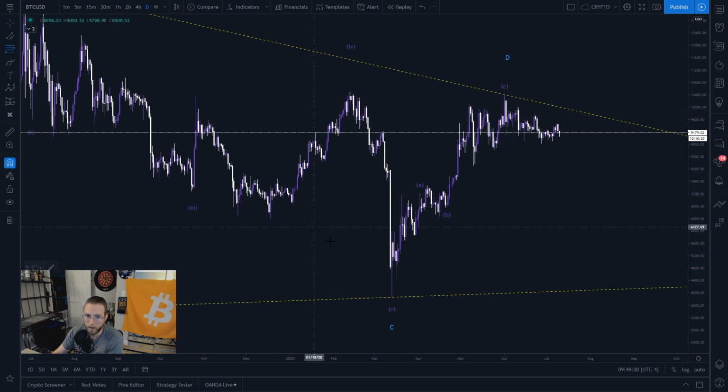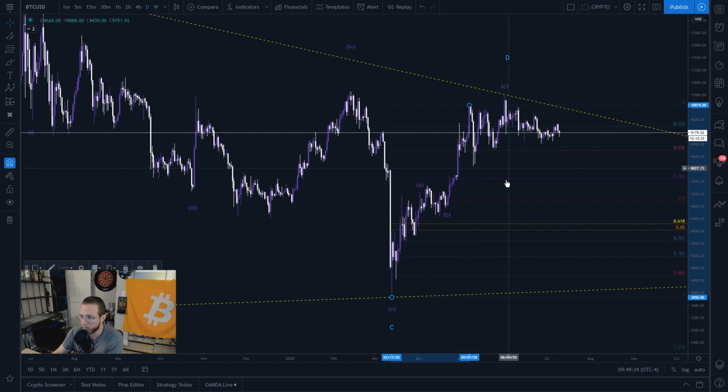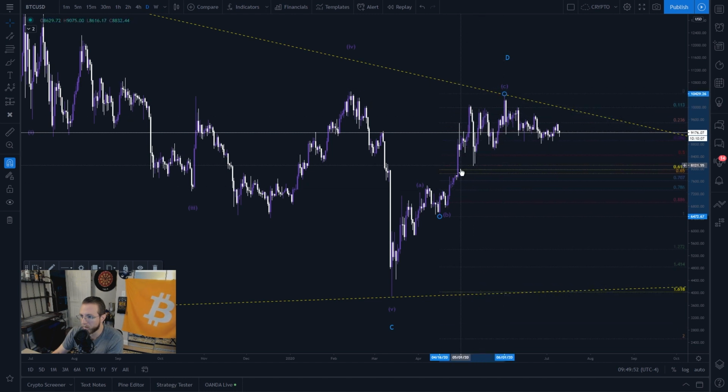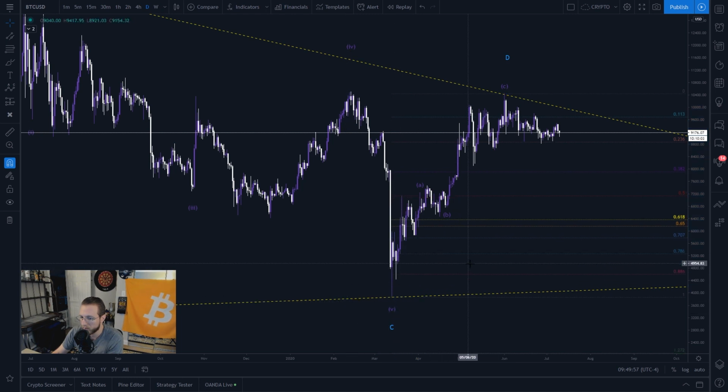So I think this actually hit the 382 as well. If you measure from here to here, I think we almost nailed it. Yeah, we almost hit it perfectly. Not almost perfectly, but we hit basically 8,100 for the retest. So it wasn't that bad. But from here, it hit 0.5 perfectly. So anyway, all of these, you can tell that these are algo pulls. It doesn't take a genius to figure that out. And this 236 has been support for quite some time now.